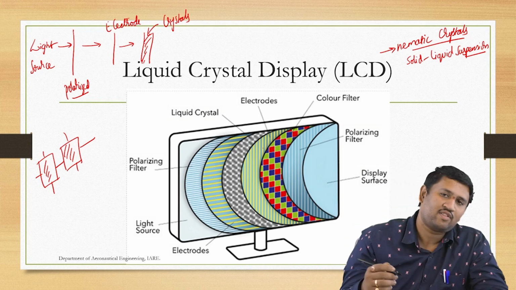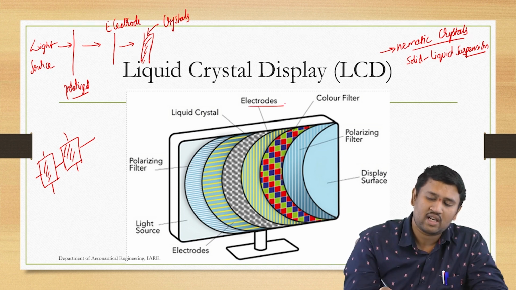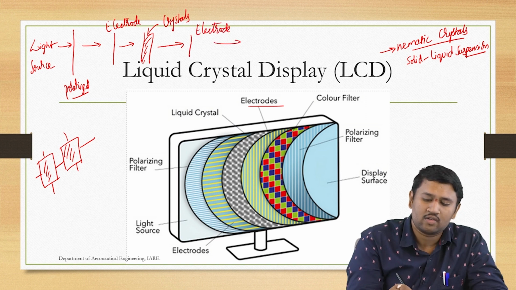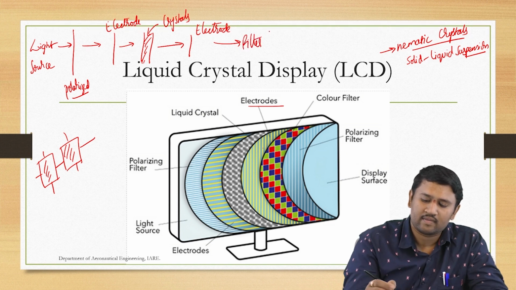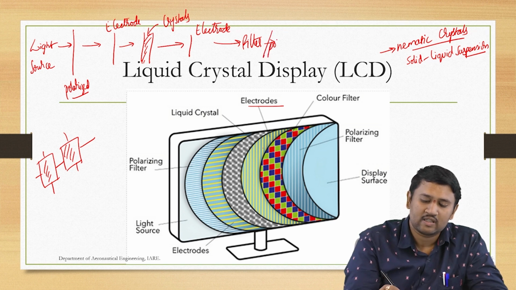During which only the wanted light is sent back to your electrodes onto your filter, then again a filter which consists of the color as well as polarizing, then to your display,